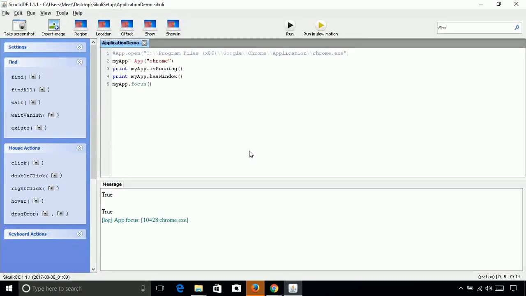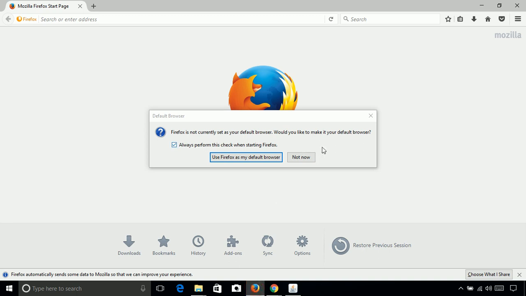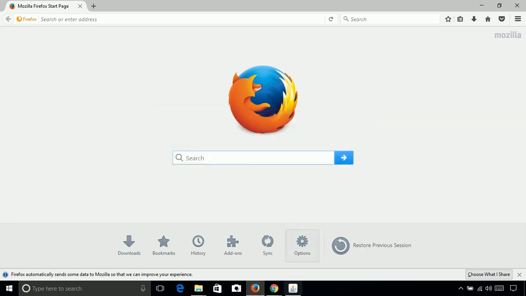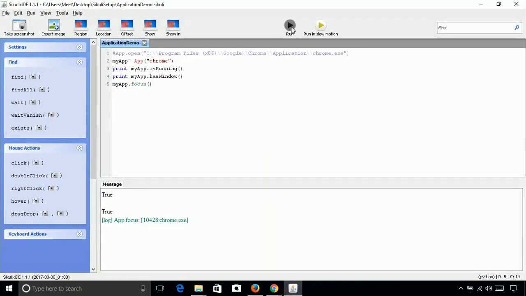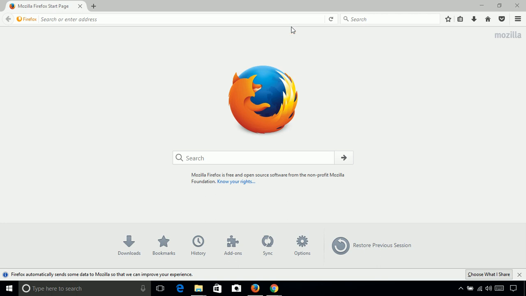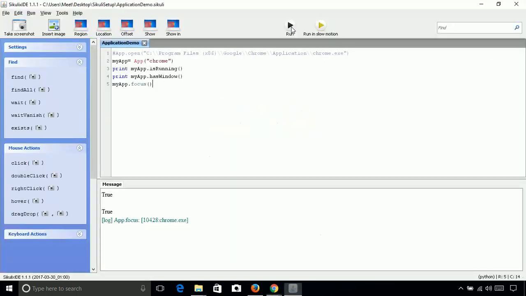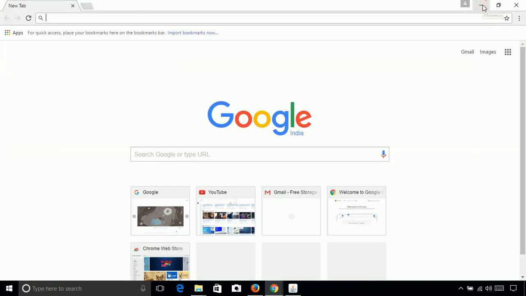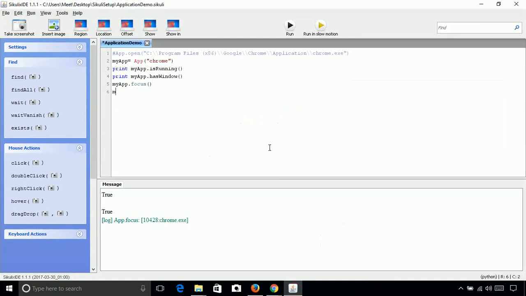Like if our focus is on this app and then we run this, it will transfer the focus to Chrome. See, let me minimize this, and Chrome has got its focus. Now let's close it.